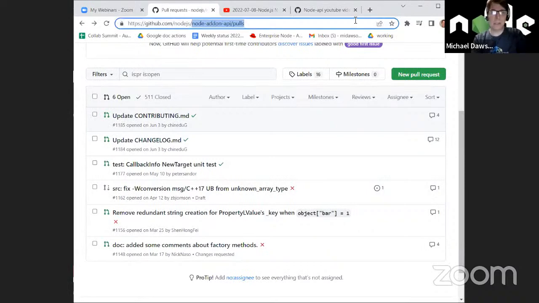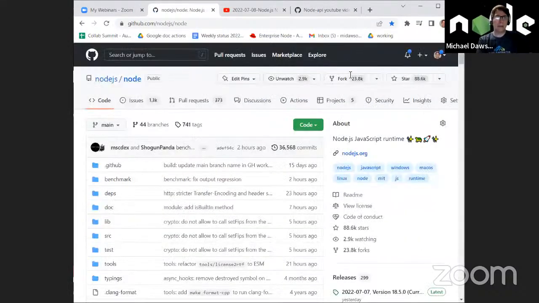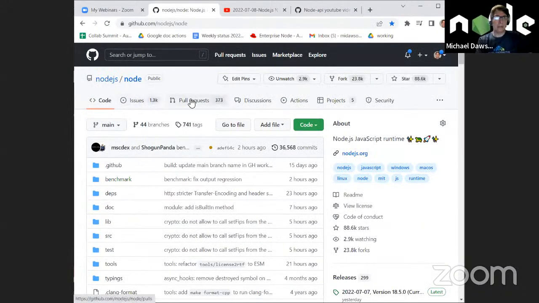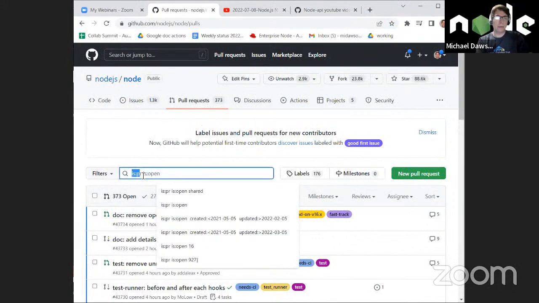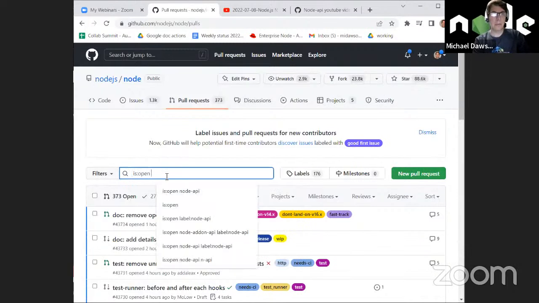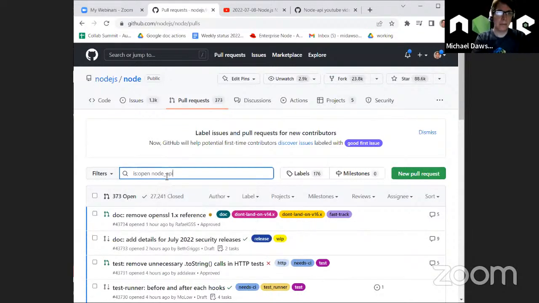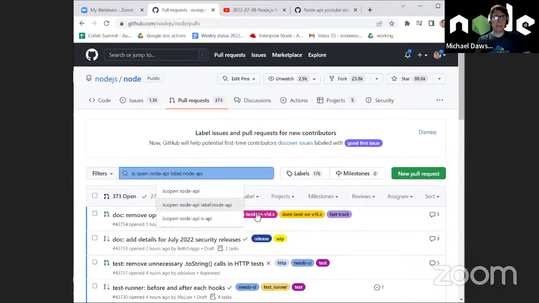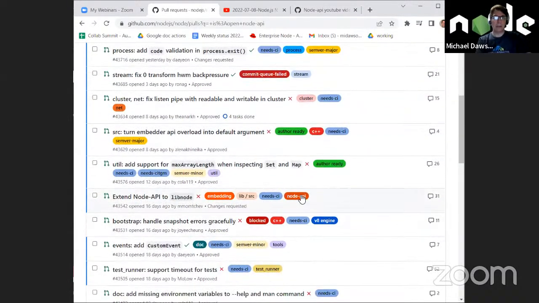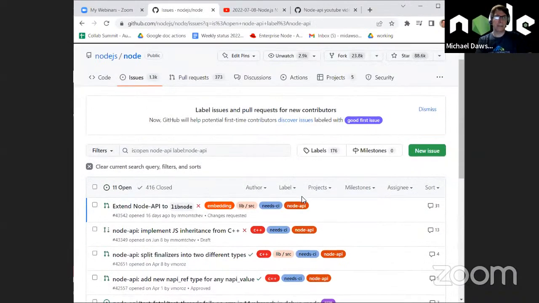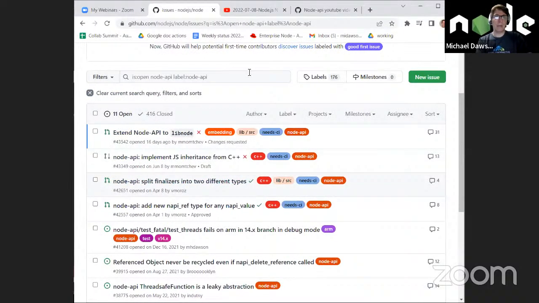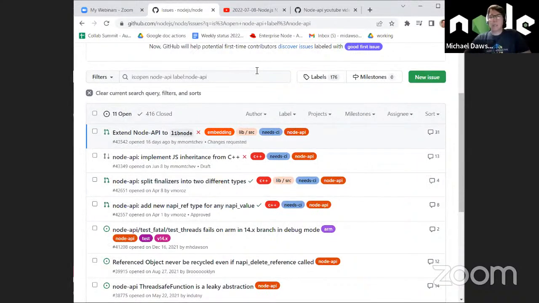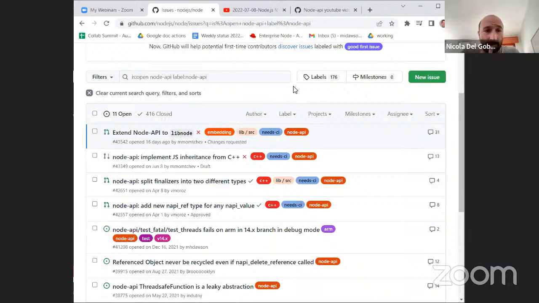We can look in Node itself. Okay, I don't think I see anything really new there. Is there anything either of you think we should discuss on that front? No, only.